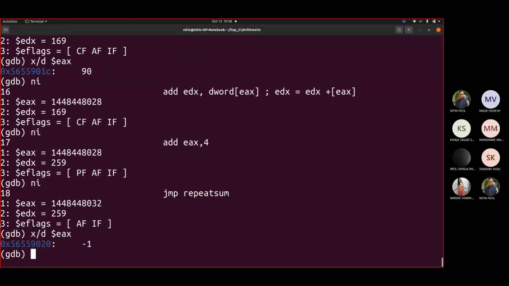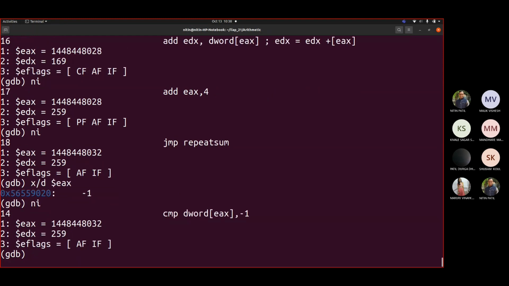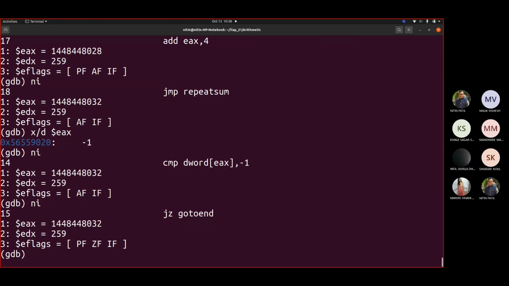Now carefully see the flag register. Okay, now we are here. So there is no zero flag. So compare minus 1 comma minus 1. So this would be matching. This compare actually works internally with subtraction, so it will subtract. Ultimately, minus 1 minus minus 1, so minus 1 plus 1. So this should be 0. If I see the flags also, now you will see that the flag register got set.